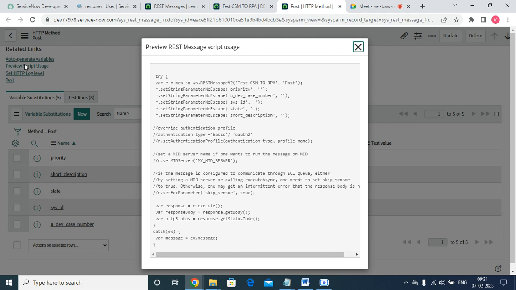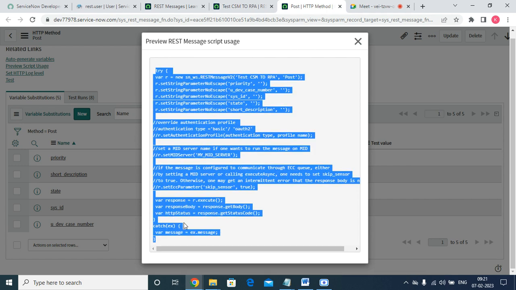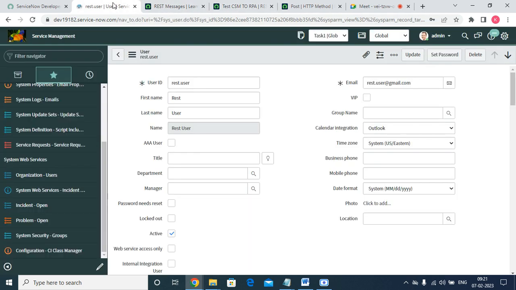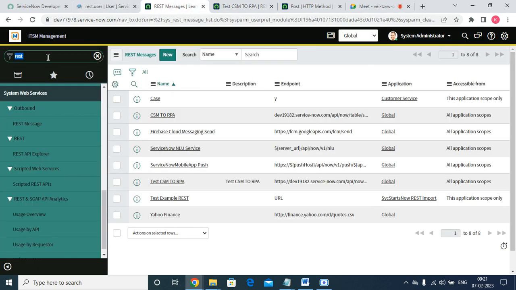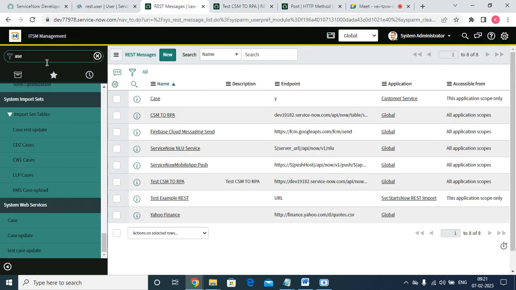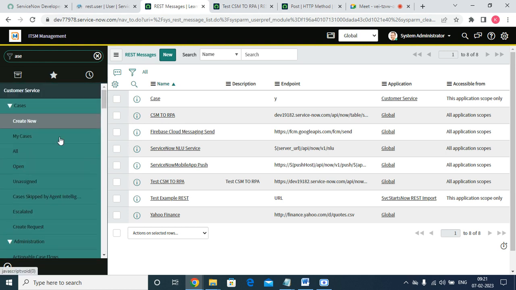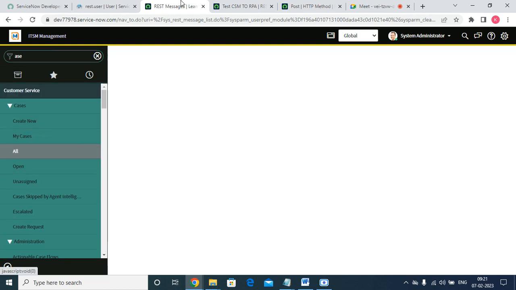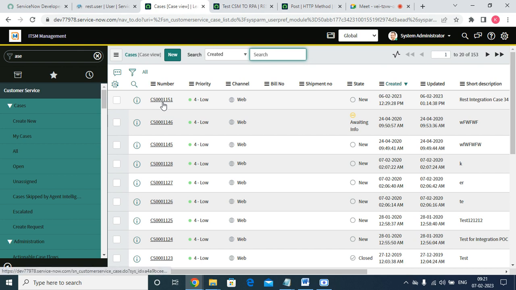See, when you see this one, the script is generated, and you can just copy this whole script here. And now you can go to the business tool and create a business tool. Now I'm just going to the case, since we have to create a case here. So case here, and in that one, if I open this one,